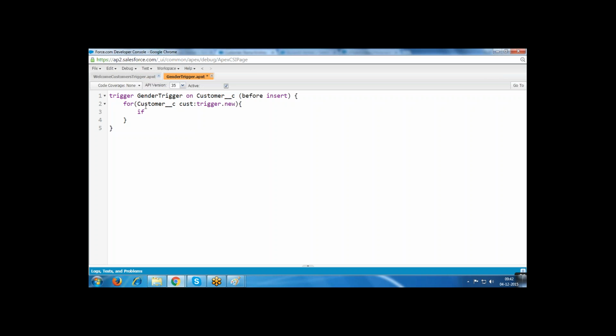Now if cust.gender__c equals male, customer.name equals Mr. plus customer.name. Whatever name is there, for that name we are adding Mr. extra. That is in the case of gender equals male.